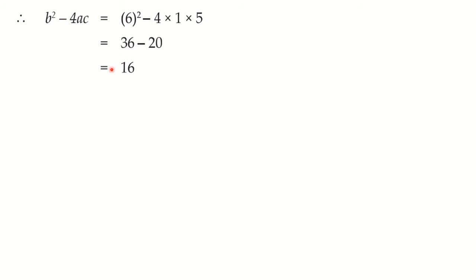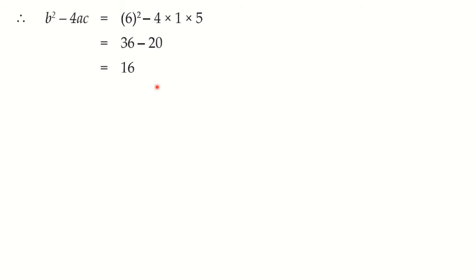And if b square minus 4ac is coming negative, then you cannot go further. Why? Because you will say that square is never negative and therefore you cannot find out the roots. The equation is not having real roots. So generally whenever the question comes that solve using formula, maximum times you are going to get positive here or you can get 0. But you will never get a negative number, and if you are getting a negative number, further you cannot solve. You have to stop here only. You have to write down that square cannot be negative and therefore the equation has no real roots.